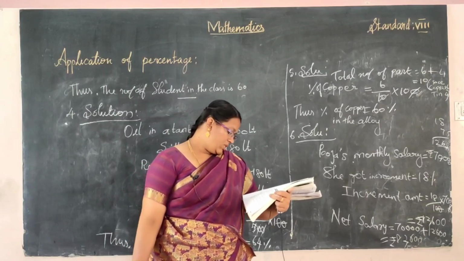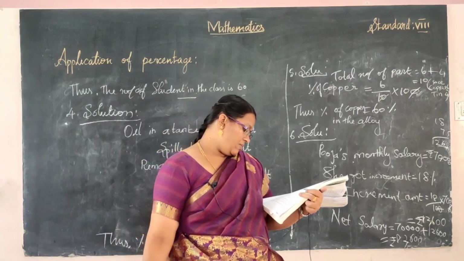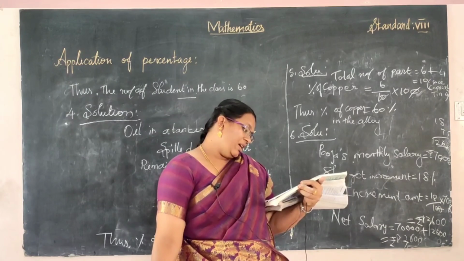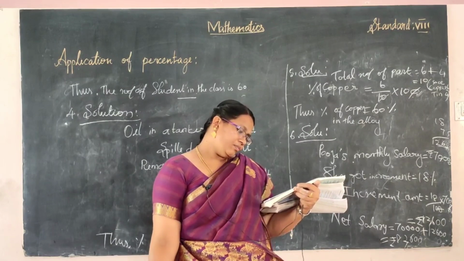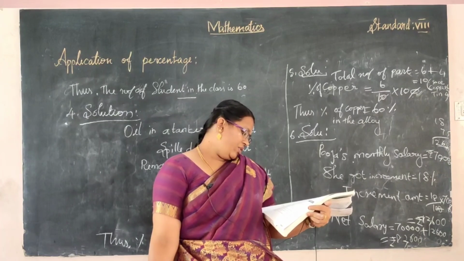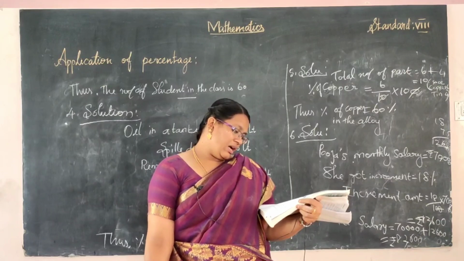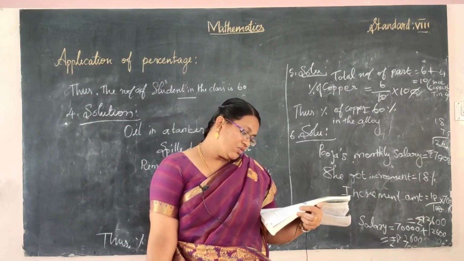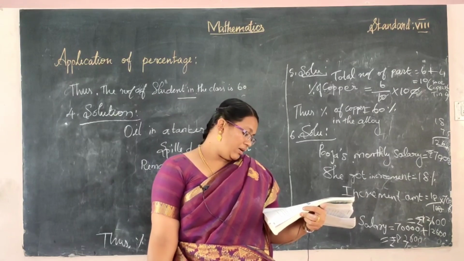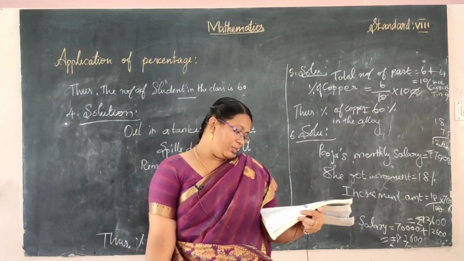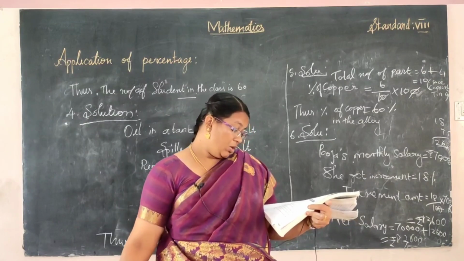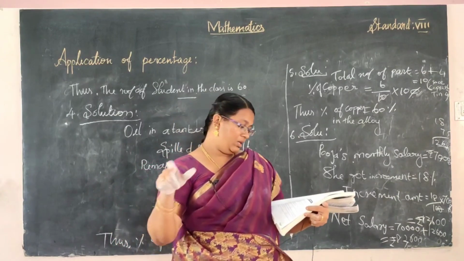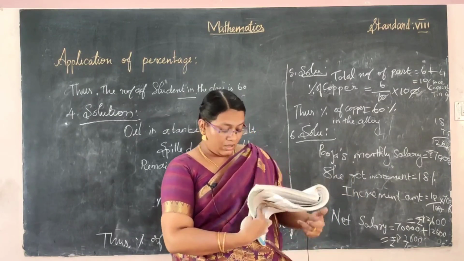And seventh one: Mr. Verma received 25,000 as monthly rent. He spent 20% of it on buying new furniture and 25% on whitewashing. First we calculate the expenditures. So the total expenditure percentage is 45%. After that, calculate it for 25,000 rupees, then subtract it from 25,000 to find the remaining. That is homework.